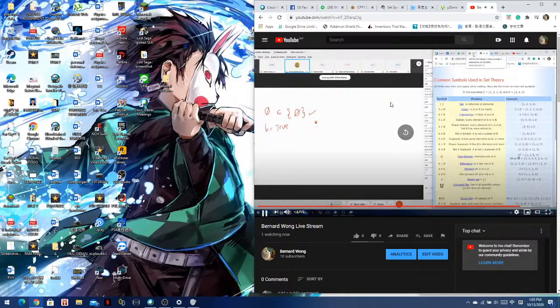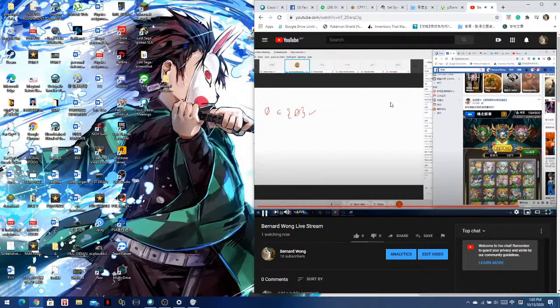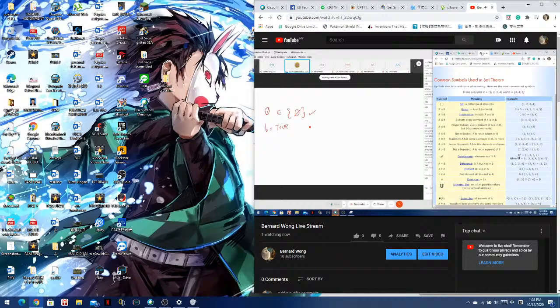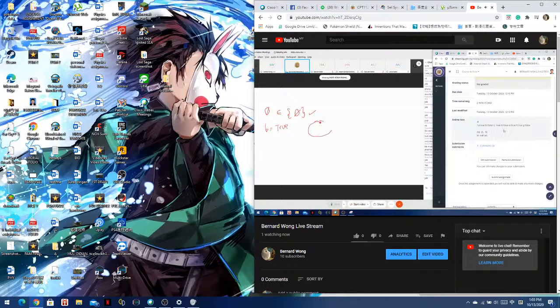Element of set you have, let's say, why? Because imagine that we have a Venn diagram, like you have an empty set with another set, which is equal to, or the element, sorry, this one is the element of this one. So